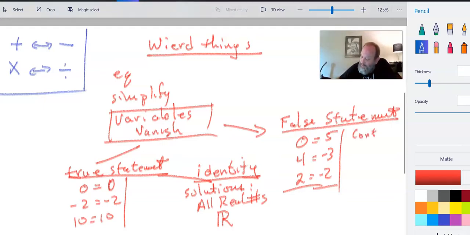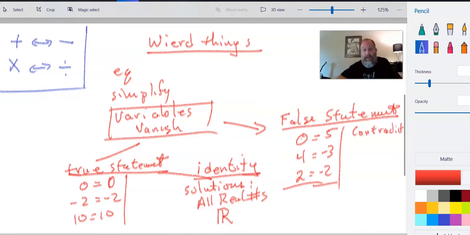I hope I have room. Oh, I'm going to run out of room. Okay, try it again. There we go. That didn't change anything. Okay, it's a contradiction. We'll just go with that. If you have a contradiction, that means there are no solutions,